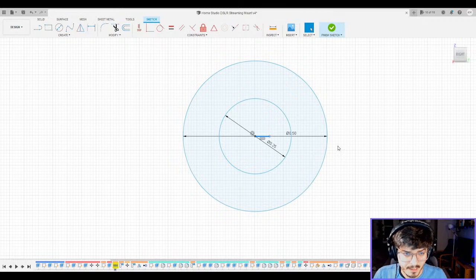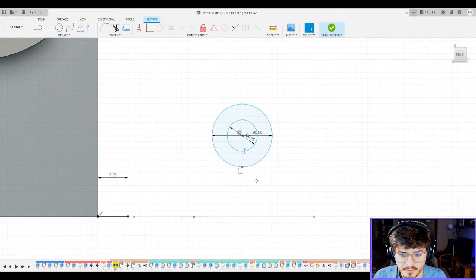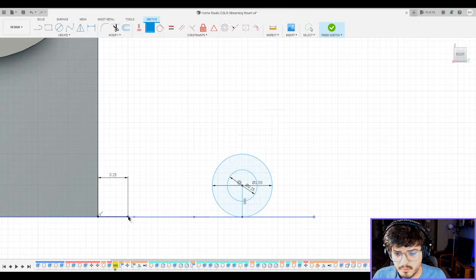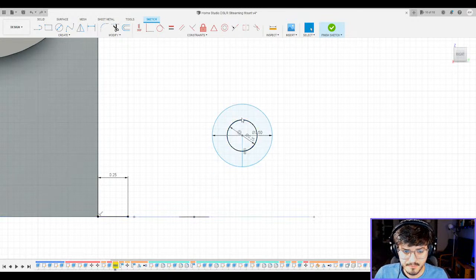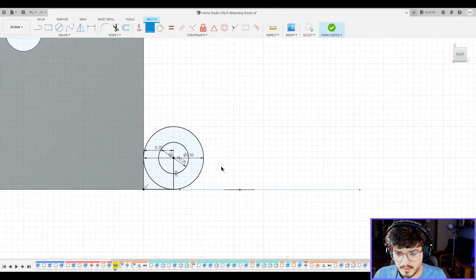Do I have a line? Yeah, I do have a mysterious line. That's something Fusion's been doing recently, and I don't know if it's my mouse necessarily or what it is, but it's been registering some weird actions. All right, so let's make a coincident from that point. Whoops, come on. From that point to that point. Nope, to that point. Coincident from that point to that point. Done. All right.